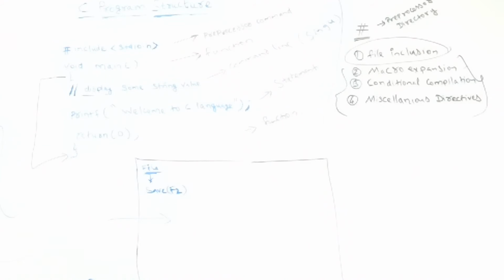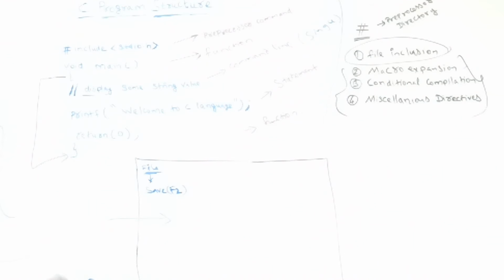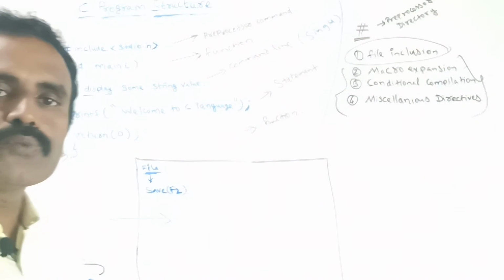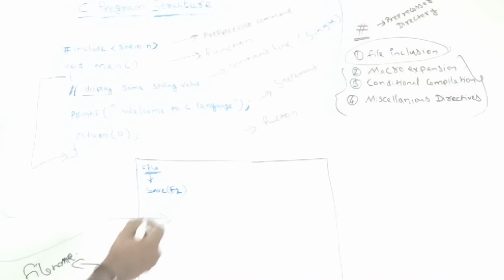Here the file name is sample. I have stored that file name sample with the extension .c. This is the extension .c. Sample is the file name. File name we can give depending upon the program that is relevant. File name can be anything, but the extension should be .c. This is to store the file after completing the program.